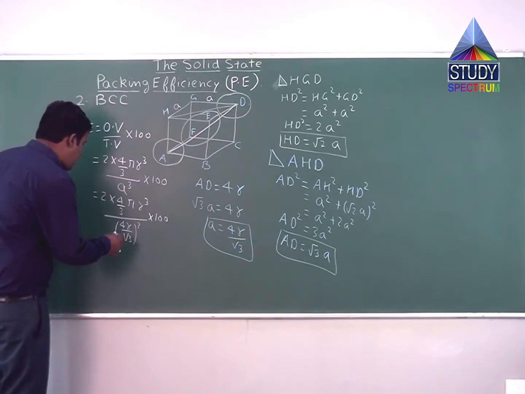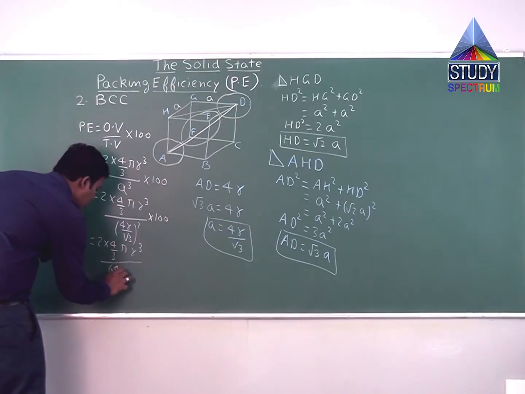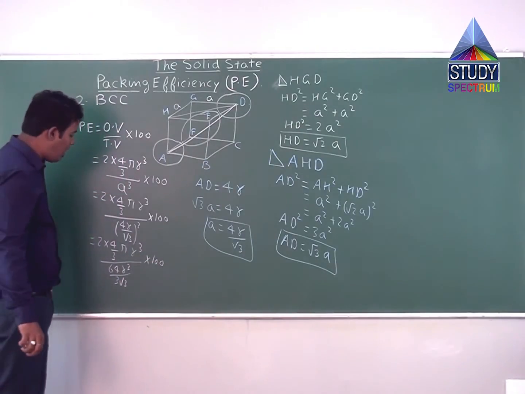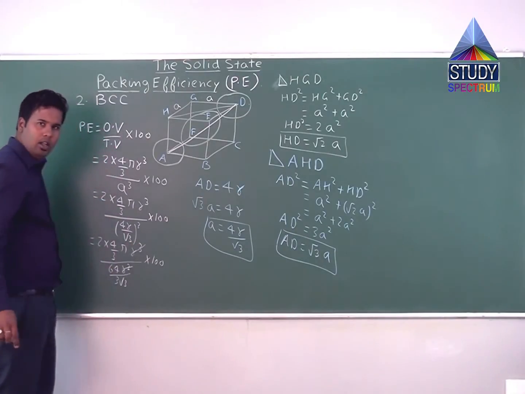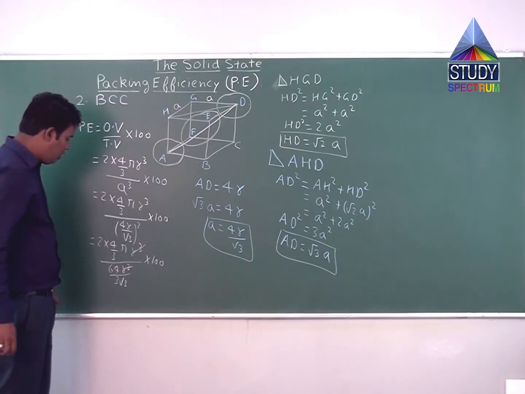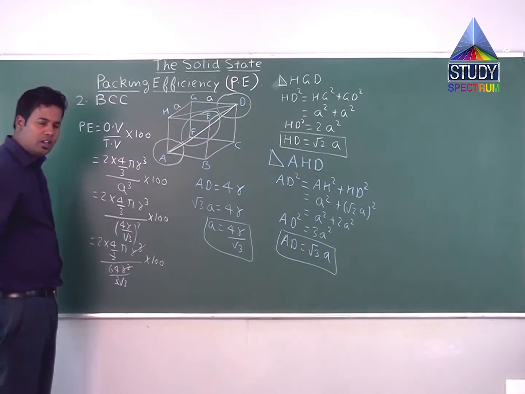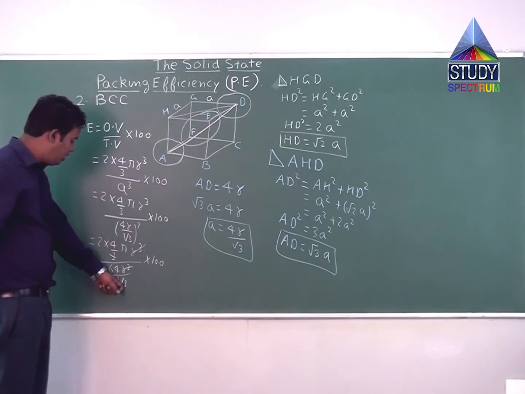Correct? So I can write it as 2 into 4 by 3 pi r cube divided by 64 r cube divided by 3 root 3 into 100. Now first of all, since we have r cube present in numerator and also in denominator, this r cube gets cancelled. This 3 root 3 will go above, or better you can cancel this 3 also, present as a denominator of both numerator and denominator of this particular fraction, and you can take this root 3 above, so